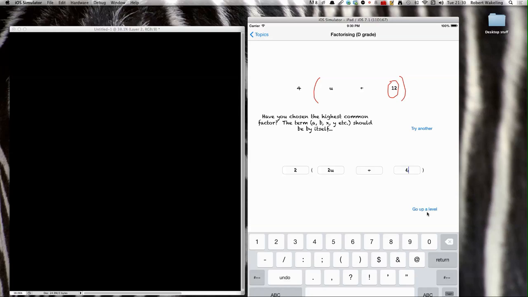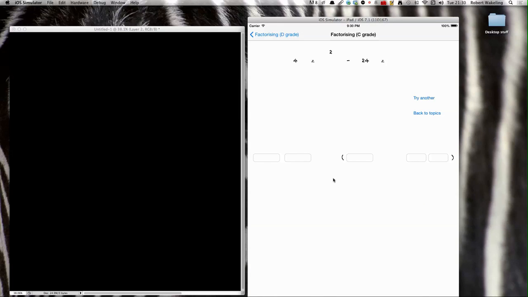Okay, once you've done that and you're comfortable with that, try and move up a level and start factorising slightly more tricky ones. So in this case, we've got numbers that we have to deal with, 4 and 24, and also the letters. Okay, so when we look at this example here, we're looking for something that goes into 4 and something that goes into z squared and z. So the highest thing that comes out will be